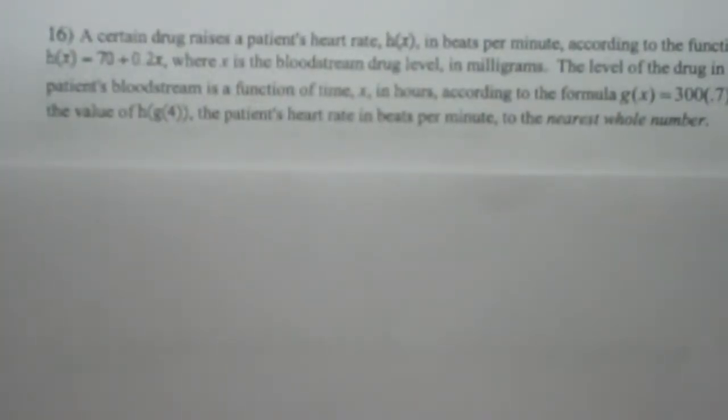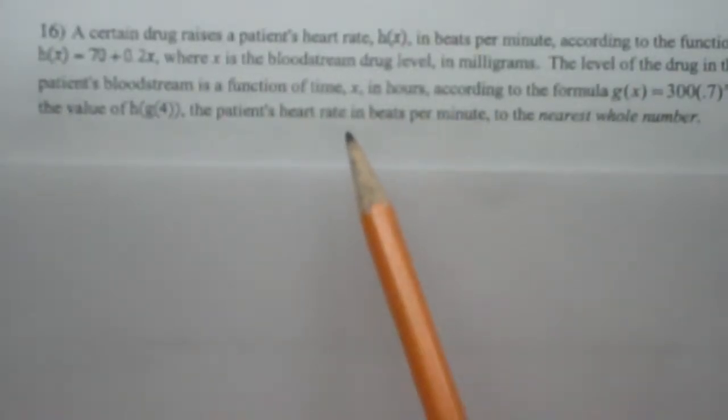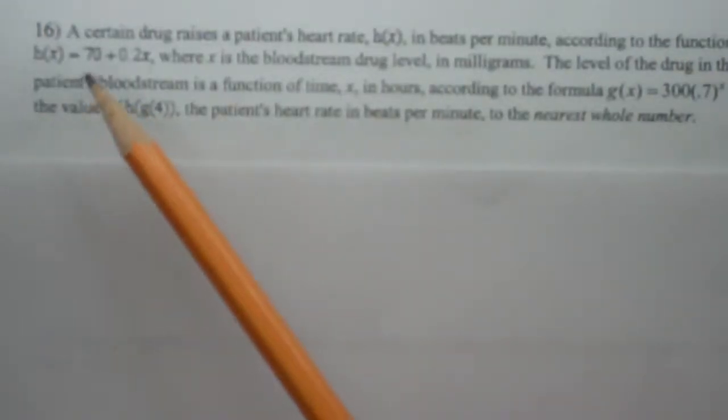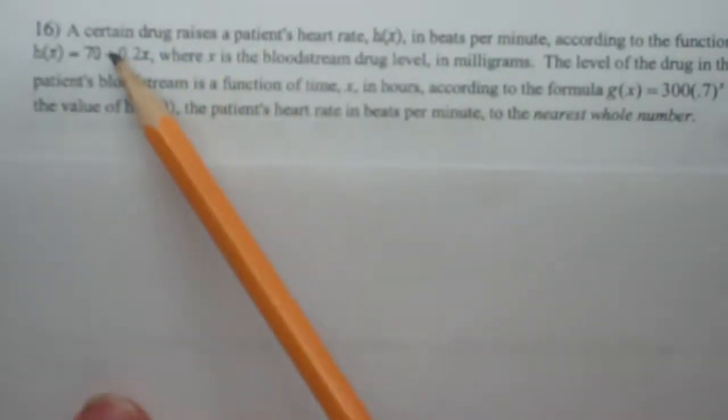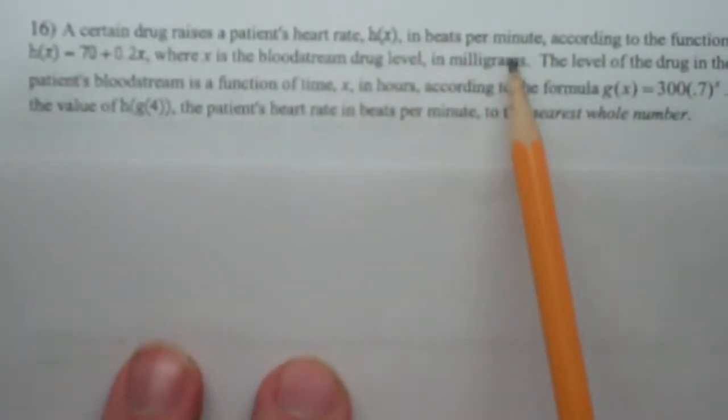This is number 16 from the first semester final exam. It may be a little difficult to read this on the video, so you may want to read along with the copy that you can download, available on the website. So number 16 says, a certain drug raises a patient's heart rate, h of x, in beats per minute, according